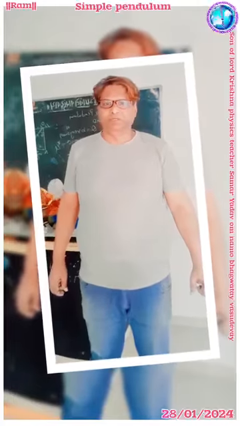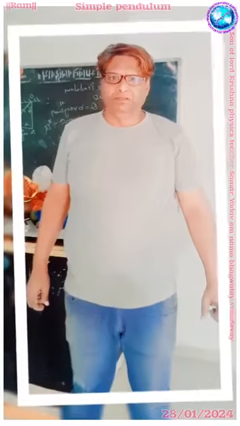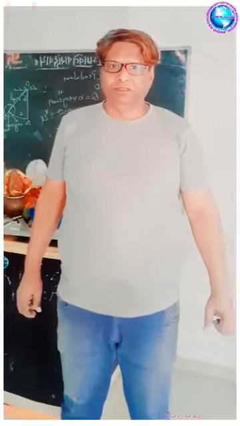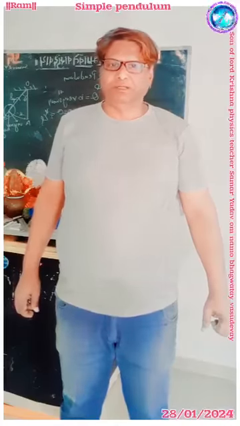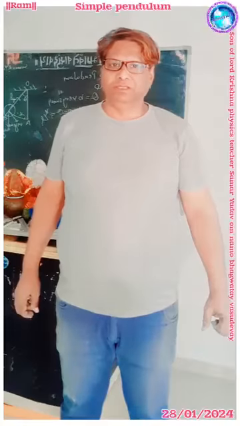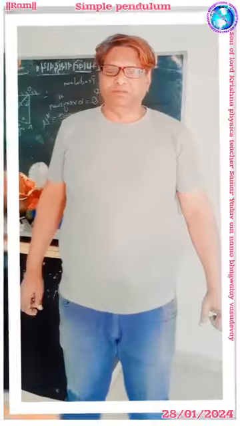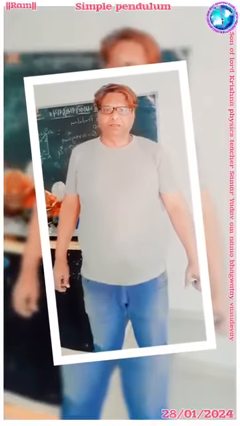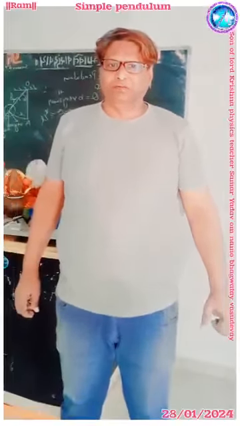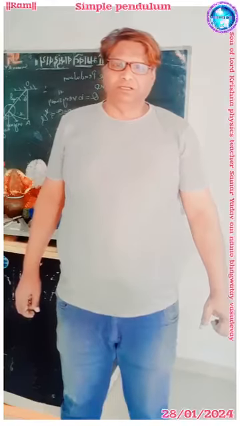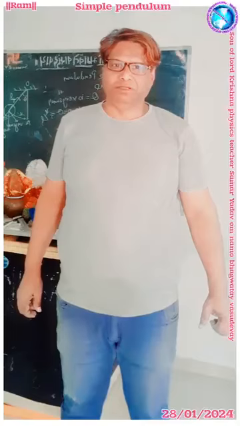The distance between the point of suspension and the center of gravity of the suspended body is called the length of the simple pendulum. Here the pendulum oscillates in the vertical direction. The following forces are acting on it. First is the tension force, which is in the direction of the point of suspension; force and length are in the same direction, so torque will be 0. The second force is the restoring force, which is balanced by mg sin theta, and the tangent force is balanced by T equal to mg cos theta.